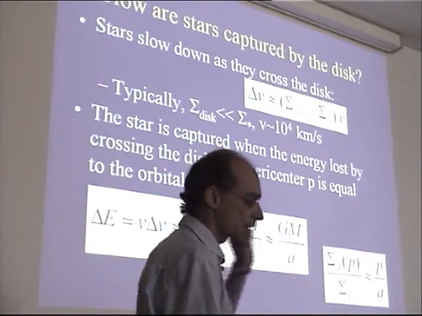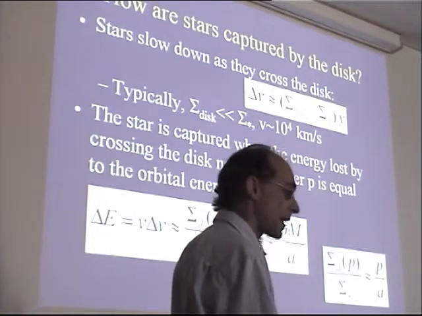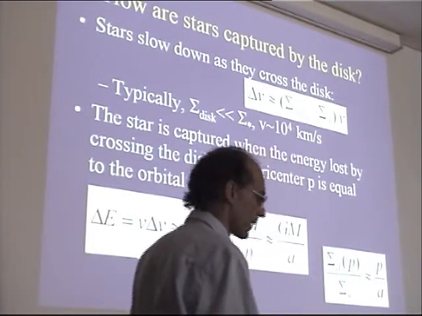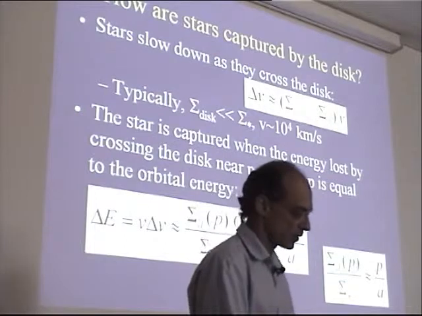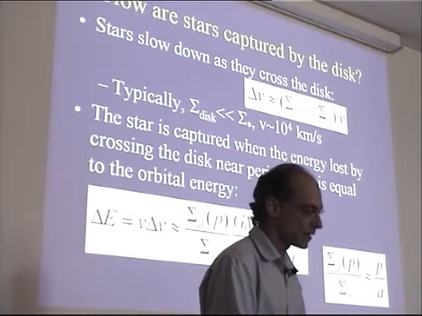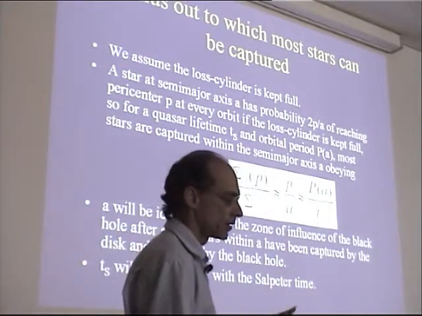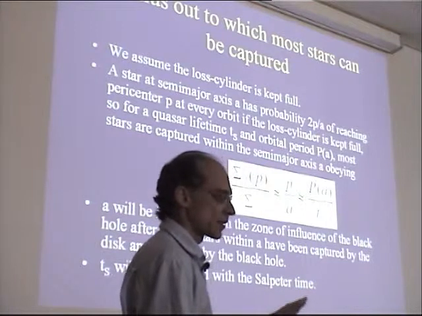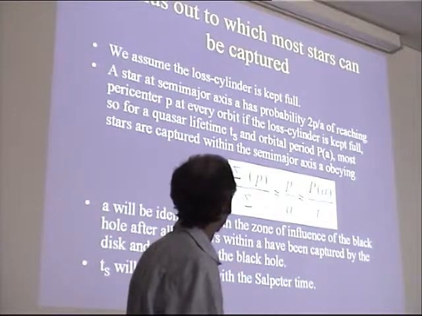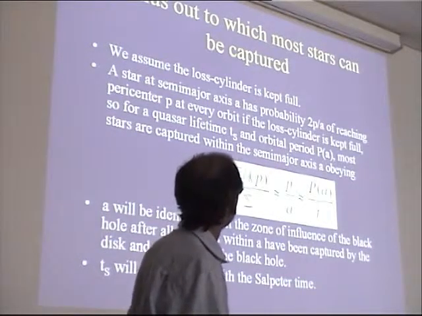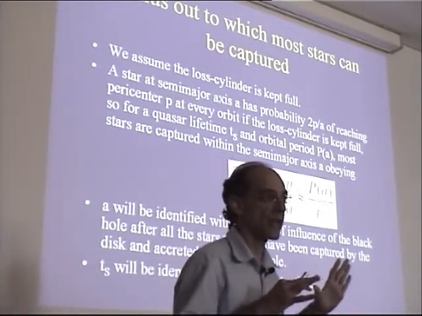When the star goes through the disk, it slows down by a small fraction of its own velocity, but because the orbit is very eccentric, the apocenter of the orbit can be reduced. So one can go through some arguments that I'm going to skip here, but one derives, essentially from the surface density of the disk, how many stars there have to be so that over a certain time you will put a certain amount of mass in the disk. And you can figure out the radius out to which most stars will be captured over a certain amount of time. This time is the lifetime of the quasar.